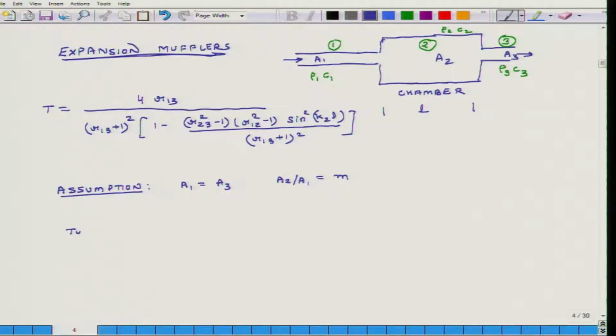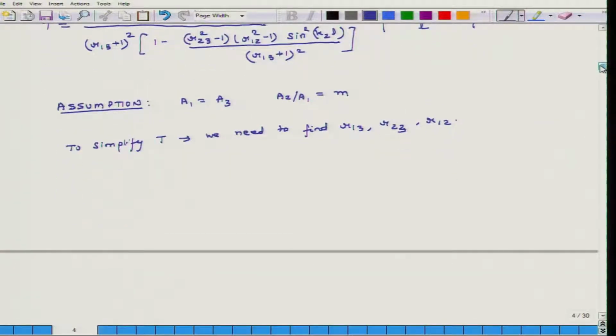So, to simplify the relation for T, we need to find R13, R23 and R12. Unless we know these, we cannot compute the value of T. Okay. So, that is what we do. So, we know